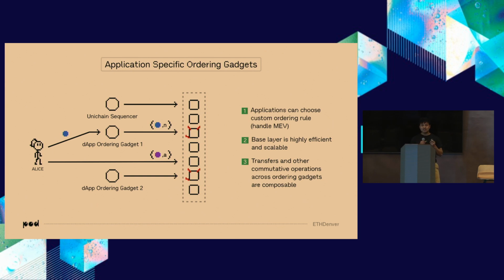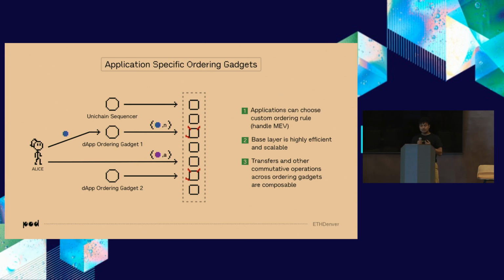So what this gives us is, if I'm doing a transaction between an account which lives in the base layer and an ordering gadget, because payments and transfers are still fast on the base layer, you still maintain the composability. Even transactions across the ordering gadgets are fast because the base layer provides you with very fast commutative transfers. But an additional point that the system provides is, because we allow applications to build their own ordering gadget,